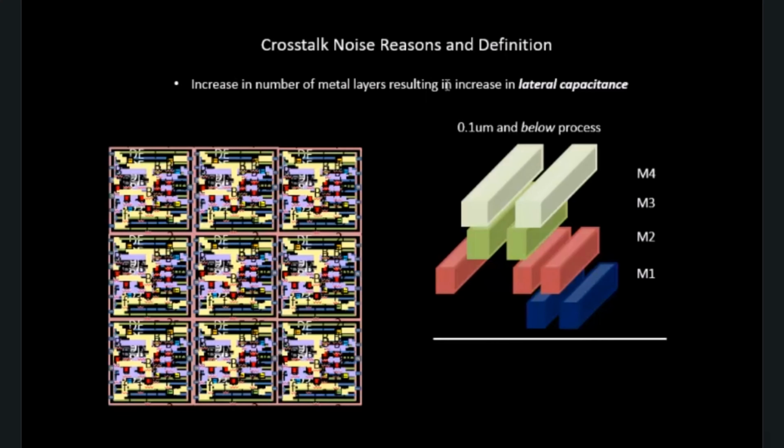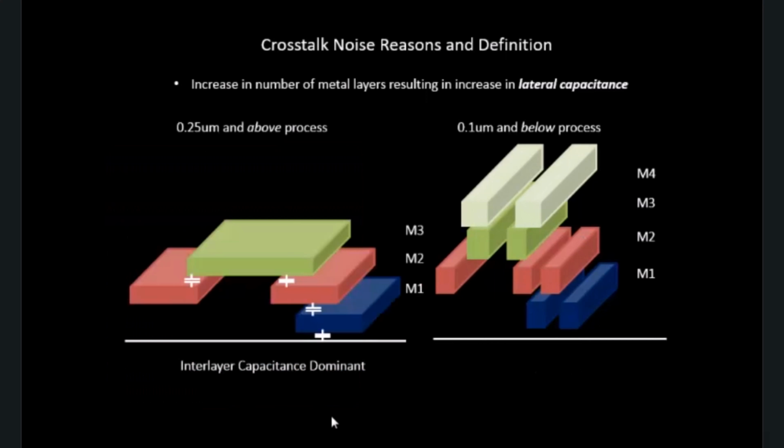Now moving on to the next part, which says that increasing the number of metal layers results in increasing lateral capacitance. So if you closely observe any of the metal area, these two parallel lines have got a huge overlap area among them. So that has resulted in a huge lateral capacitance between them. Initially there was a huge overlap area between two consecutive layers. Now this problem is solved. We no more have an overlap area between this metal layer and this metal layer, but we have an overlap area between these side walls. If you see this particular side wall, and if you see the side wall from that side, there is a huge overlap area between these two,